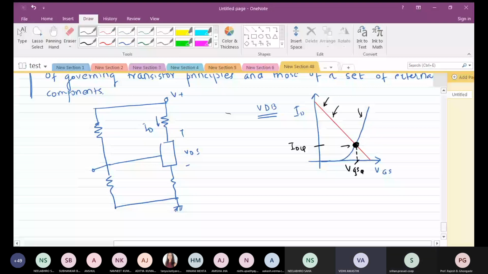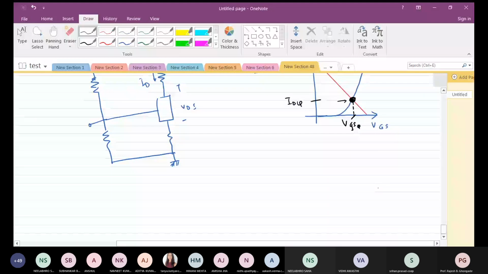Do you remember this load line is already discussed when I introduced the concept of DC load line for a diode? We had a similar kind of scenario, right? Of course, here it is different. So this is for your diode. This was your I diode. This is your VD.